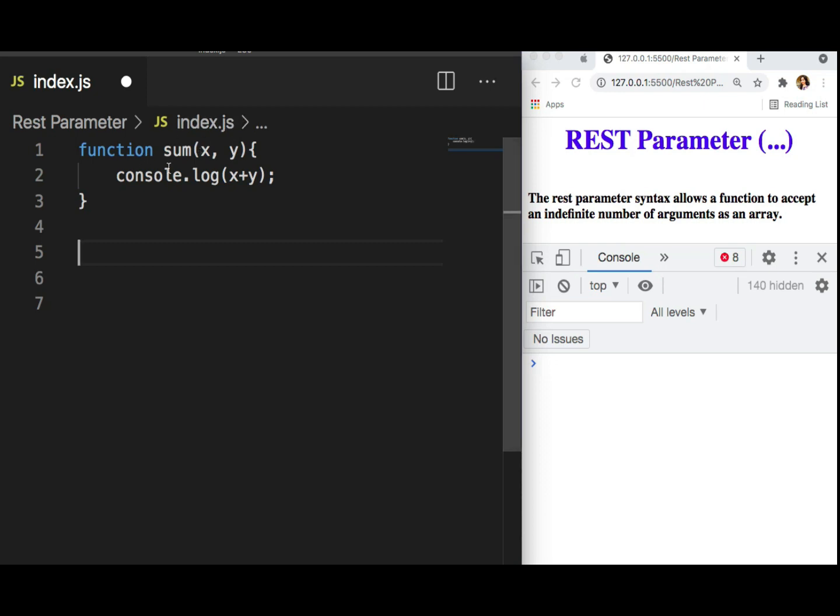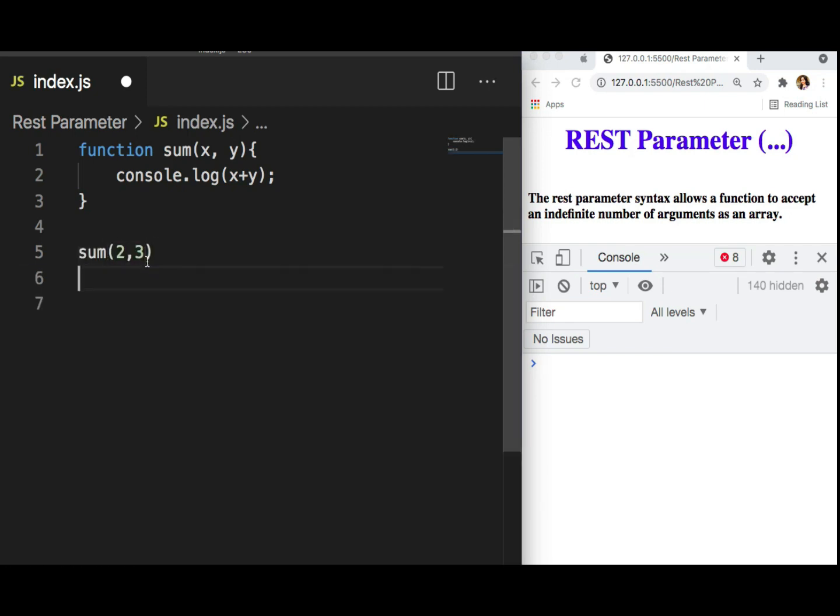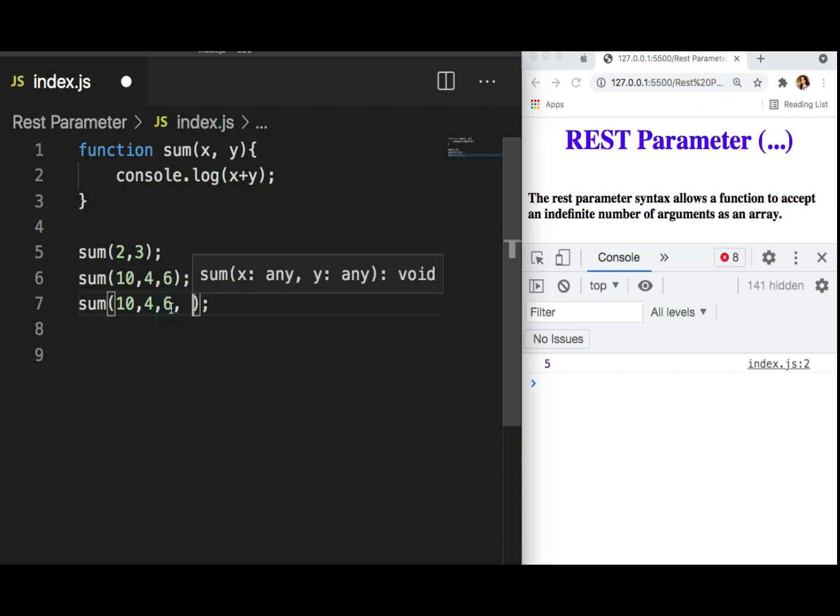Now suppose this function will be handled by the user. The user will pass the input for how many numbers they want to calculate the sum. So for example, the user passes two values, 2 and 3, and it will give the response 5. But as I mentioned, the arguments we give to the user will decide how many numbers they really want to sum up. So maybe the user will pass 3 values. There could be a possibility that it will be multiple values like this.